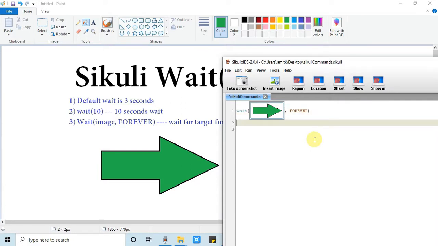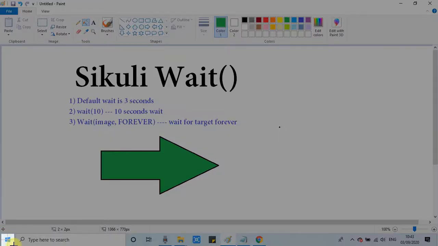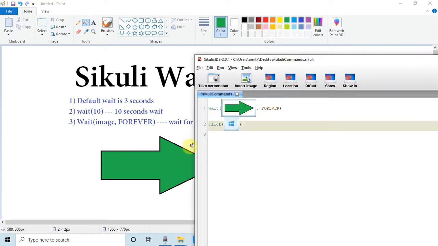To understand the working, I am going to perform a one-click action that will open the start menu items. So I am putting one click, and then I will give a start button target. Okay, and I will change the background color to red.